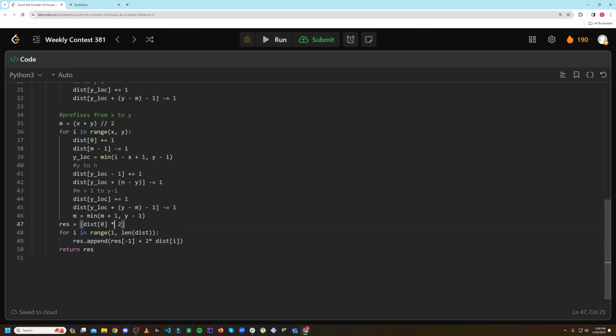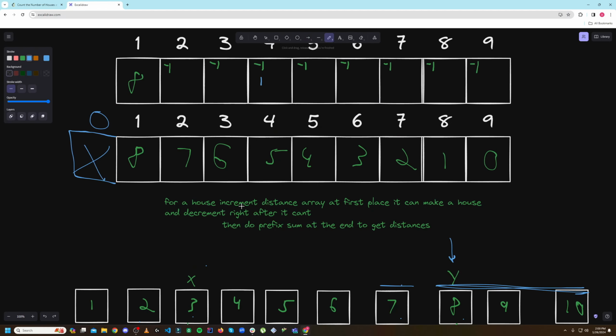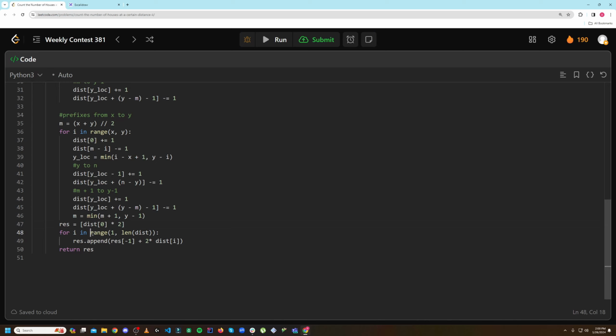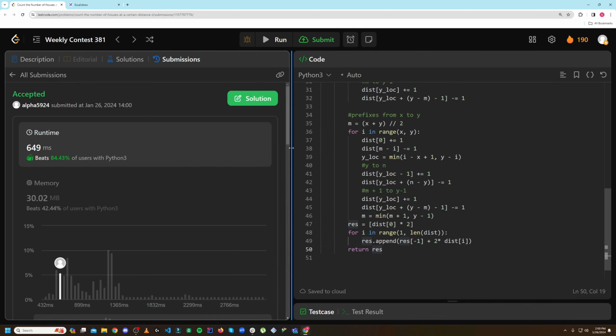Then finally, the distances just had these pluses and minuses, so it just had a bunch of pluses and minuses. Then I just went through all of them, multiplied them all by 2, and did a prefix sum. And if we run that, it's pretty good. So this did take me, like, I want to say an hour or two to debug,